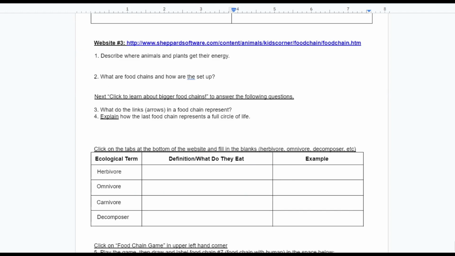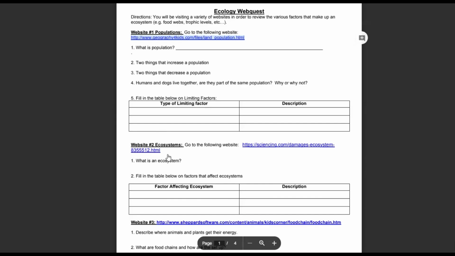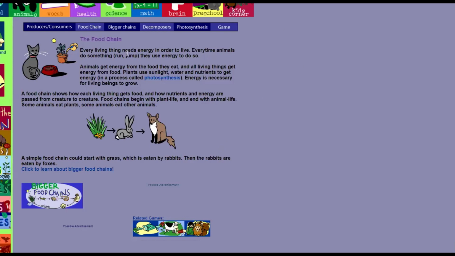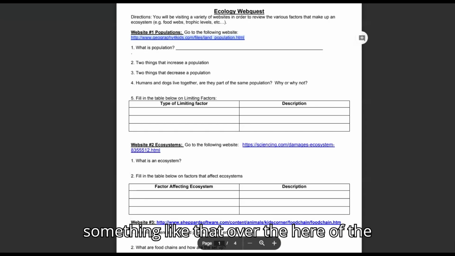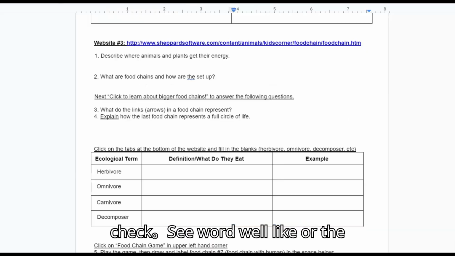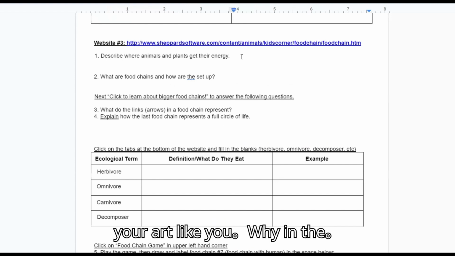All right, let's move on to website 3 and see if it works. I'll go to the handout. Let's see if 3 works. We should get them all in there. I'm proud of at least the 2 students that are hanging out with me. One of them I'll probably have to pass because he has come to more than one of my boring Zoom meetings. All right. So this is food chain. So we talk about something like that. So we're going to go over to here. Of course, I just want to check to see whether that link works so that you're not whining about different things. All right.